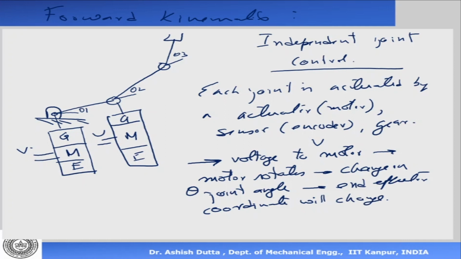So my end effector coordinate, this one here, if I say this is my x, y, and z, then that x, y, and z will change. We can also assign another frame here like this, that I can also do. So the coordinates of the end effector, in this case let's say frame 3, are going to change. We have given a voltage, the motor has rotated, the motor rotation is causing a change in joint angle, and the change in joint angle is causing a change in the end effector coordinates.